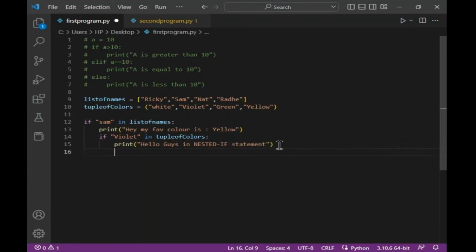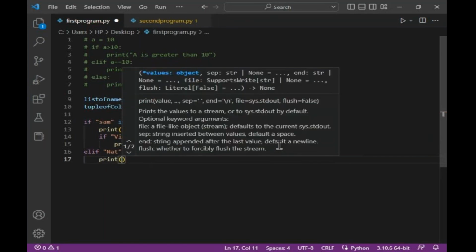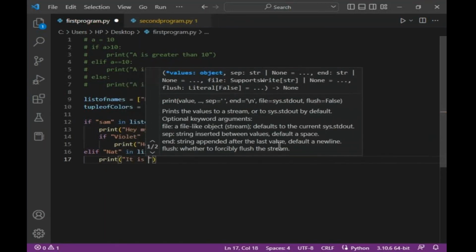Okay, here I can say elif nat in list of names, and I can say print it is nat,